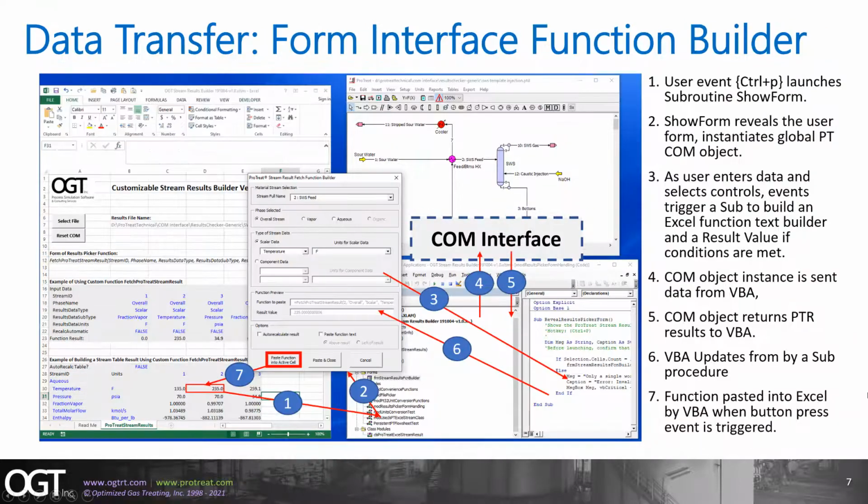So, those are the basic steps for how the tool works. But how do you, as a user, even begin? First, the user event, hitting Control P, launches the subroutine showForm. The showForm then reveals the user form and instantiates the global ProTreat COM object. As the user enters data and selects controls, an event triggers a subroutine to build an Excel function, Text Builder,